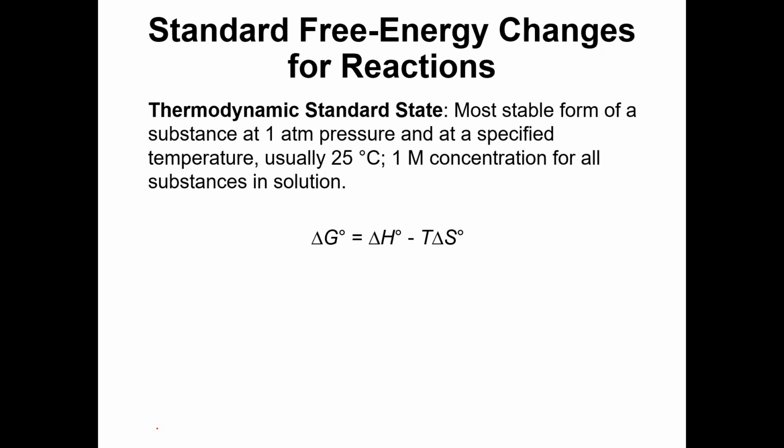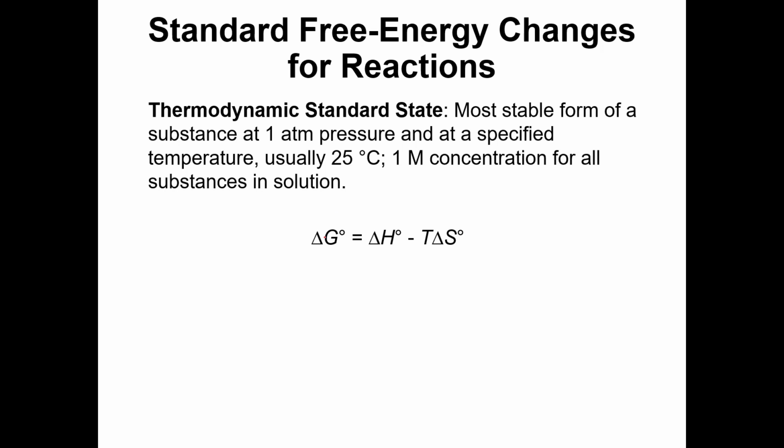So you will see sometimes if you look at these equations, or if you look at delta G or delta H or delta S, you will see this little symbol that looks like a degree symbol. And we pronounce that not. So we call it delta G naught, delta H naught, and delta S naught. What these little symbols refer to is it's telling you that those values are measured or calculated at what we